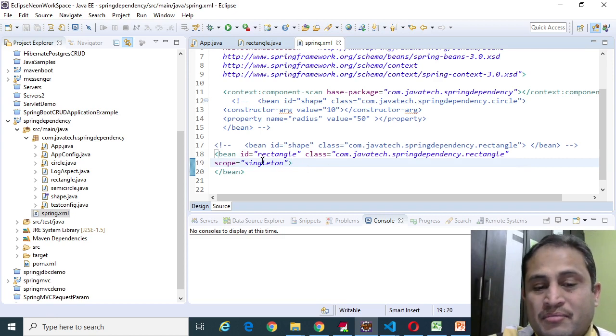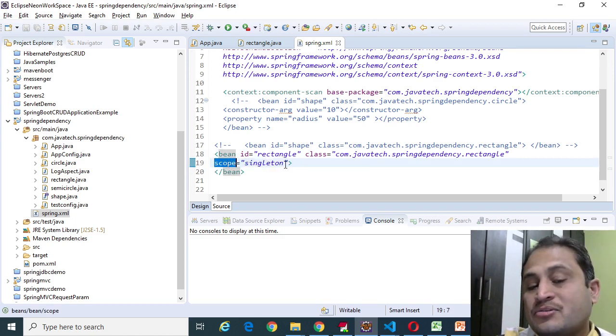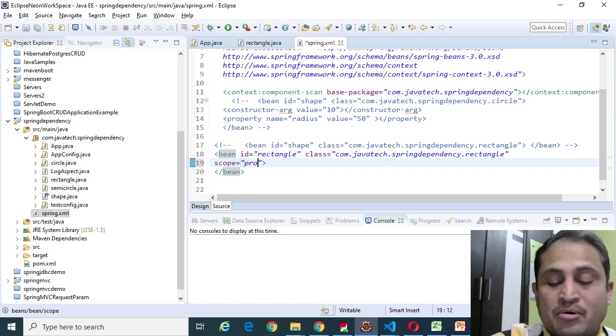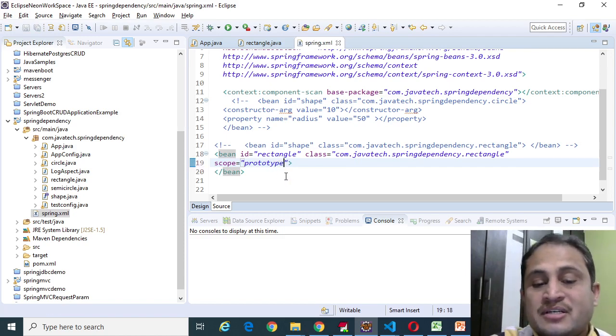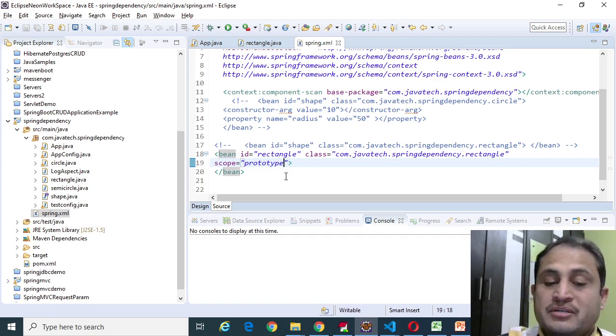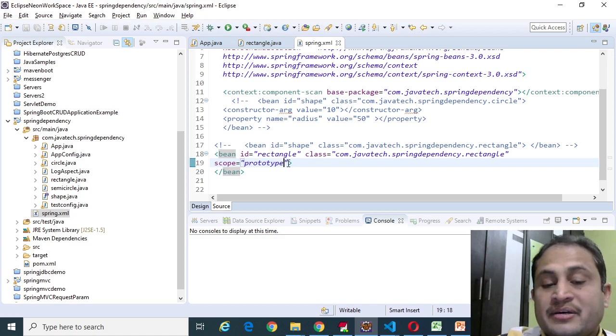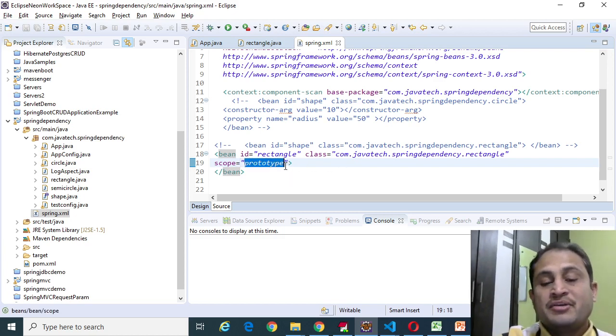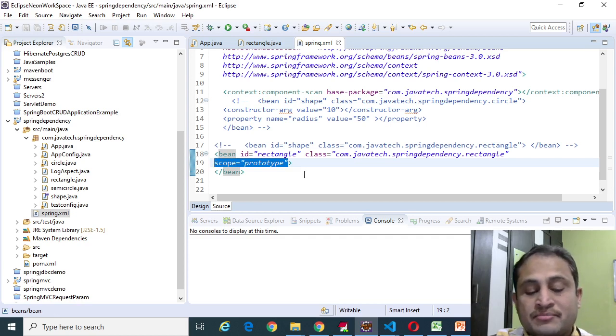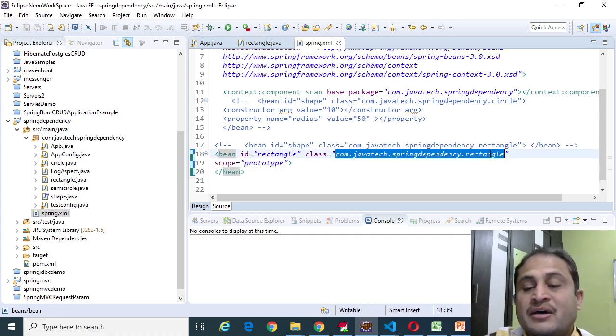So the default scope is singleton, so this is an optional field, and it can also have a value called prototype. Prototype is a very popular interview question: what is the difference between singleton and prototype, and when to use this scope attribute? By default it is singleton, so even if I don't mention the scope, it is treated as singleton, and it would only create one instance of the rectangle object per